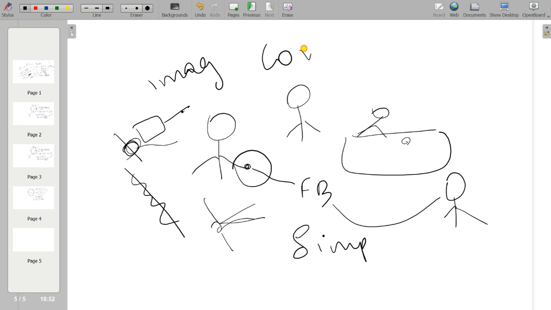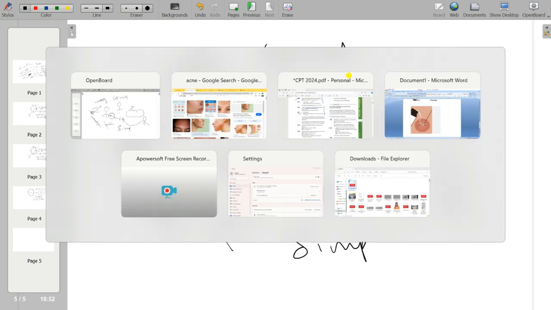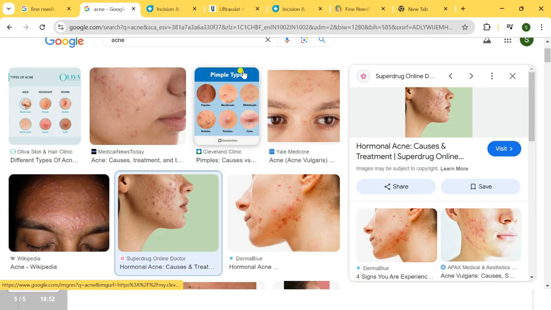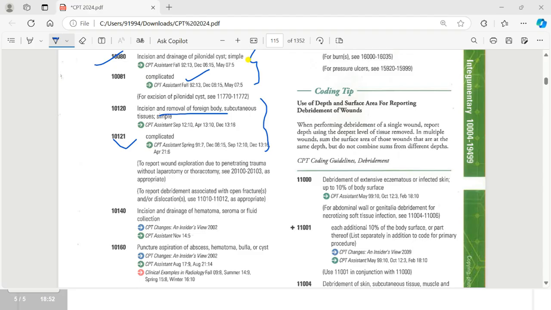That is a complicated removal of the foreign body. The simple foreign body removal is with the help of forceps, whereas in the complex foreign body removal they will do some suturing and use some imaging guidance. All these terminologies you should remember for the CPC exam. If you want to make a note, please make a note.